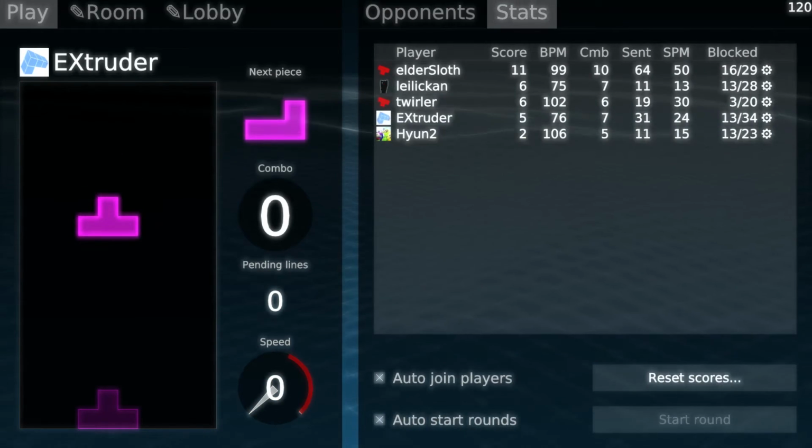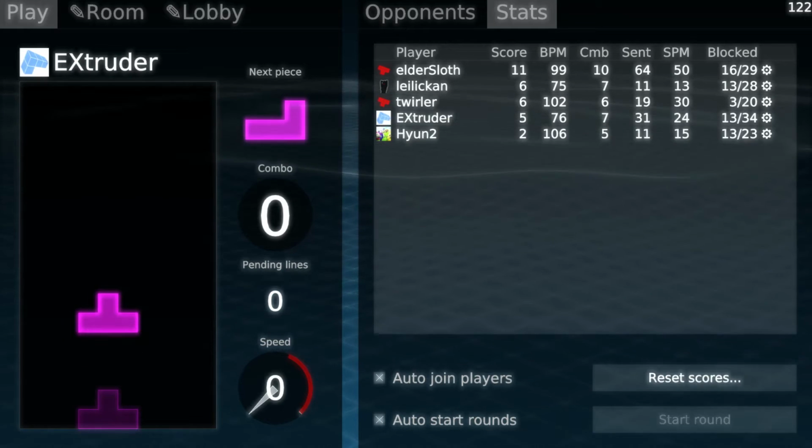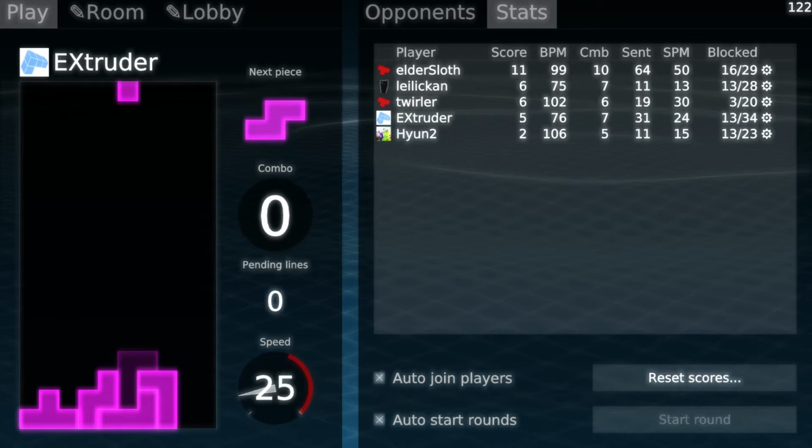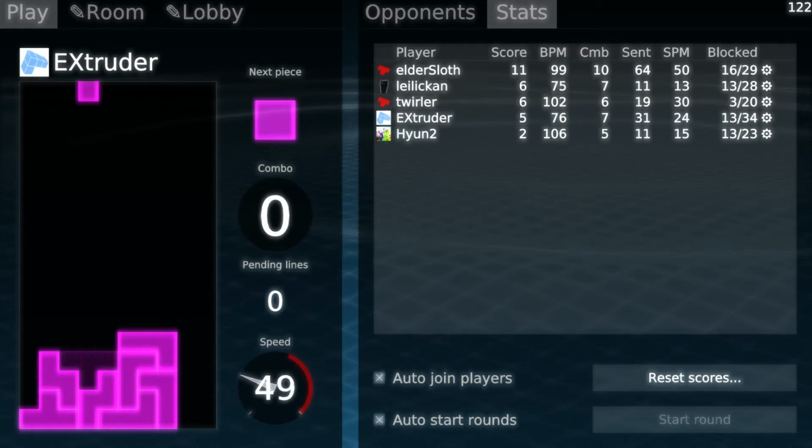Oh, okay. So, nice combo from Elderslav. That means the 10 combo is a godlike. So, we use some